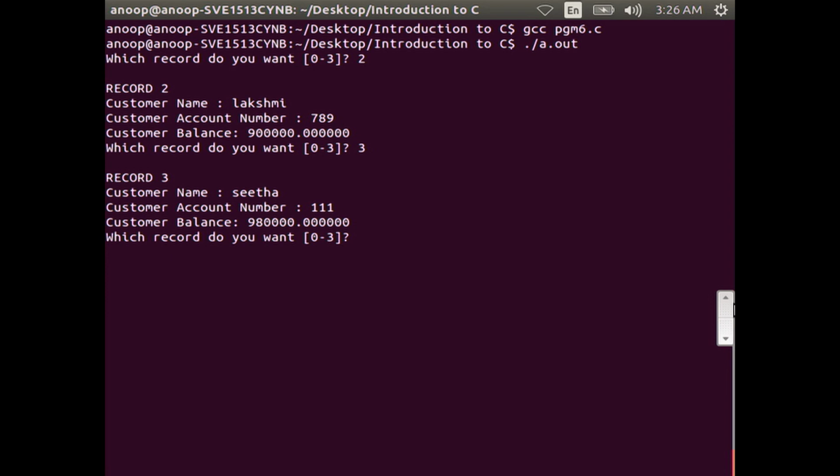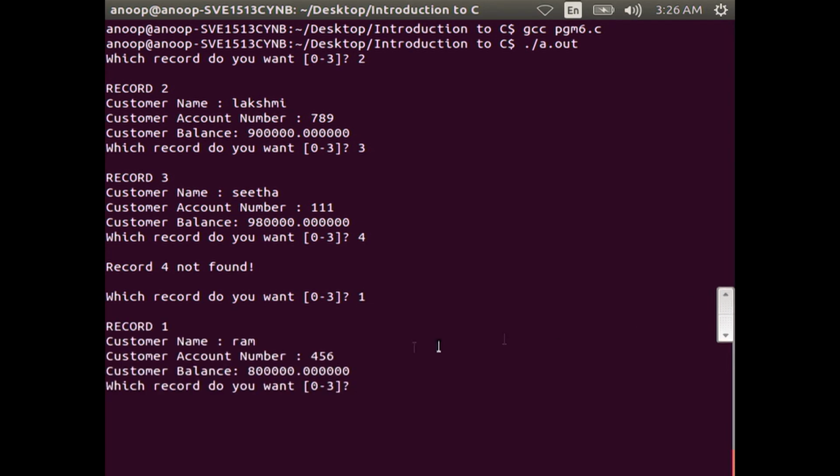Again the system will prompt you. Suppose you enter 4, then you can see the result as record 4 not found. Then suppose you enter 1, you can see record 1.